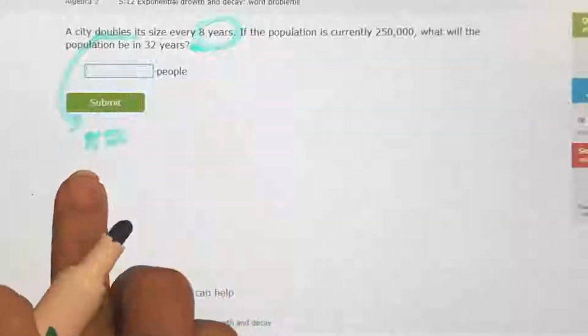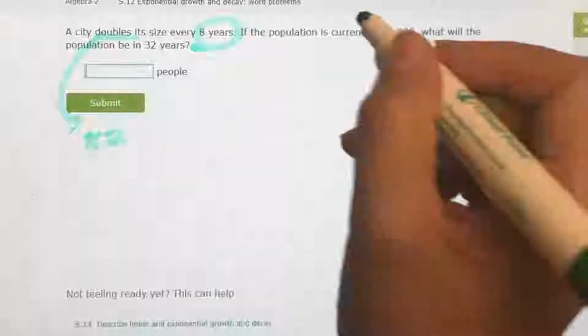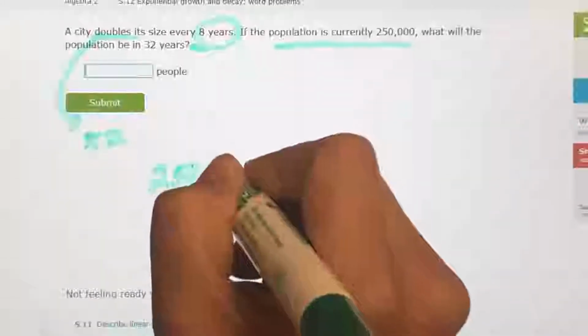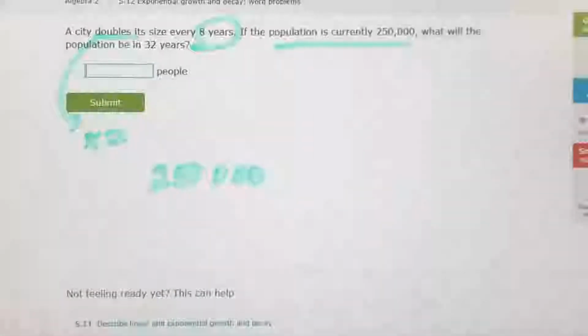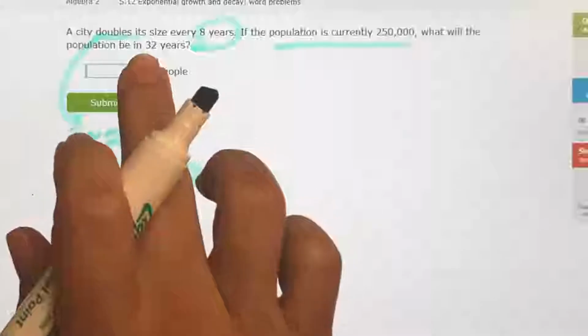All right, every 8 years, it's doubling by 2. So in 8 years past, multiply by 2. Another 8 years, multiply by 2. If the population is currently, so this is my start, 250,000,